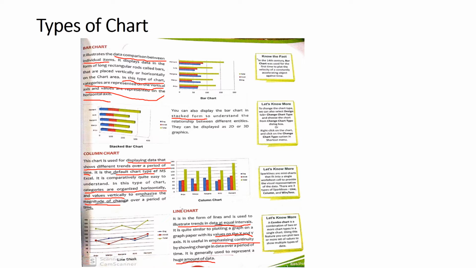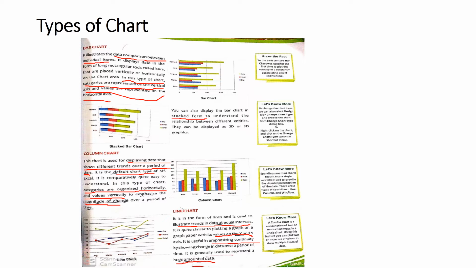Fine. Next one is the column chart. Here, the most important thing is that this column chart is the default chart, which is the automatic chart type that is available in Excel. Like when we want to create the chart corresponding to any of the tables in Excel, this is the default, the automatic chart that will come on the display window.